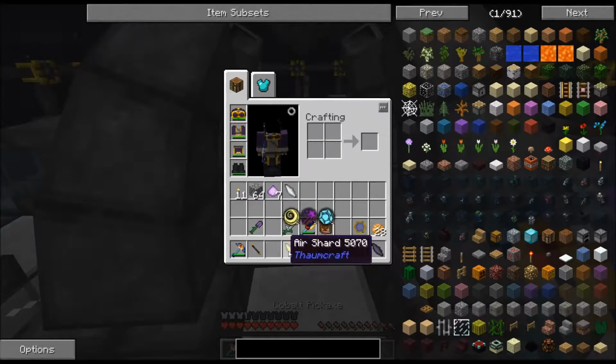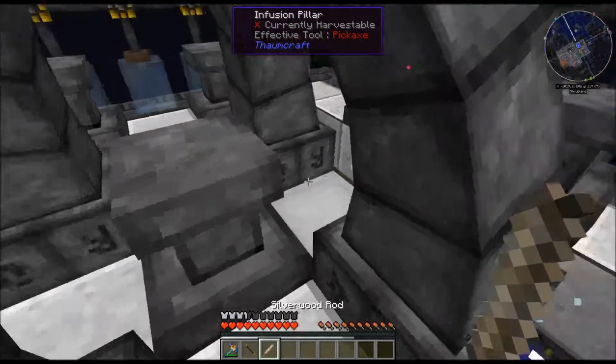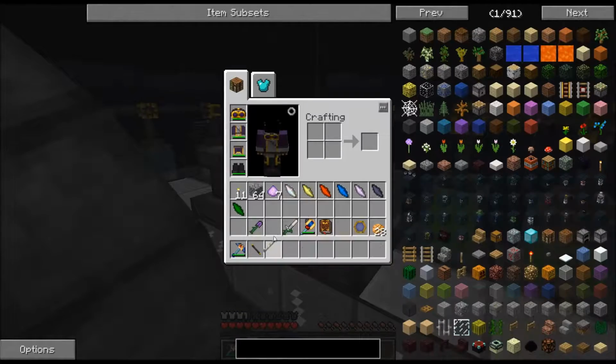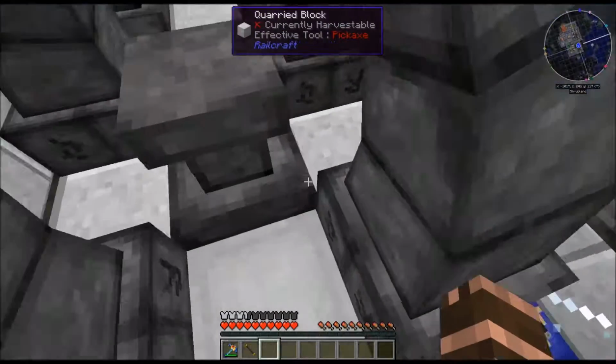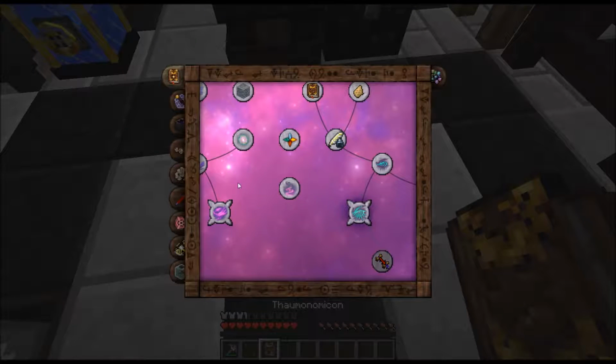Well, that was super easy. I expected it to be way harder, but alright, there we go. We got our silverwood rod. Excellent, excellent, excellent. Let's go ahead and drop down. Next thing we're going to do is the thaumium caps,